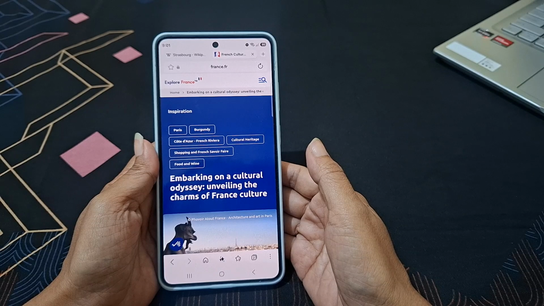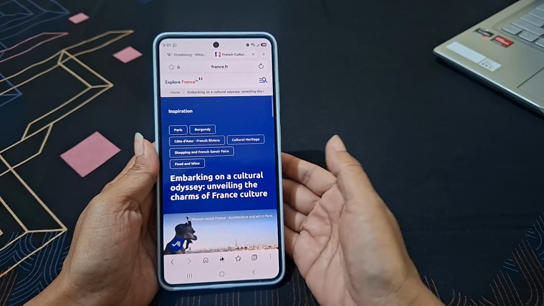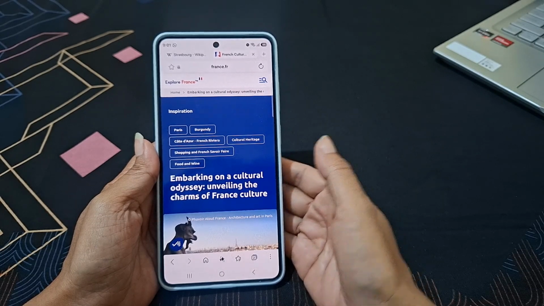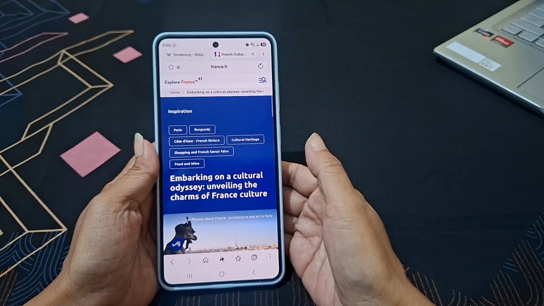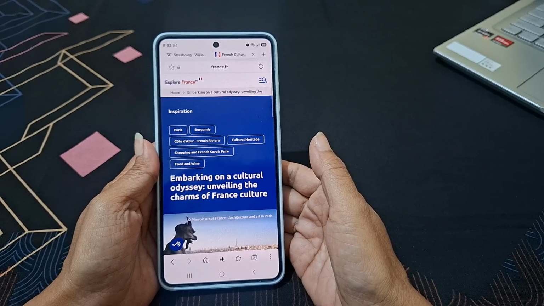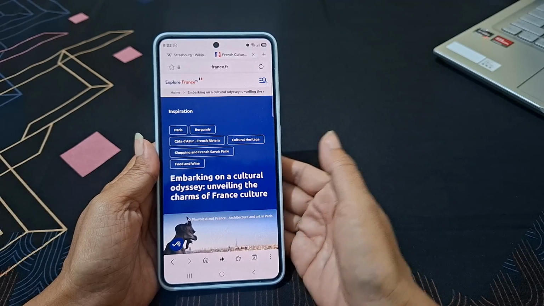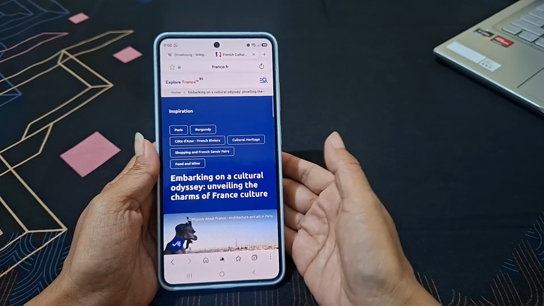As a note, the tab bar appears above the address bar. If you prefer, you can also move the address bar to the bottom of the screen. Even then, the tab bar remains above the address bar, making it easy to find regardless of where the address